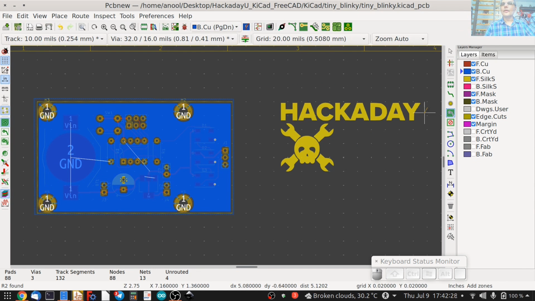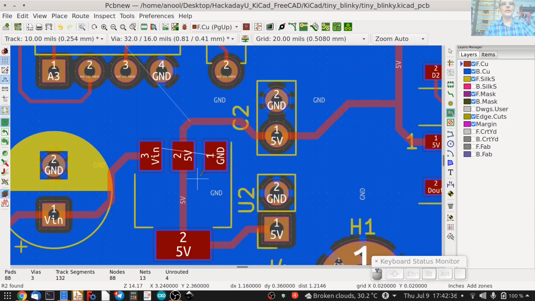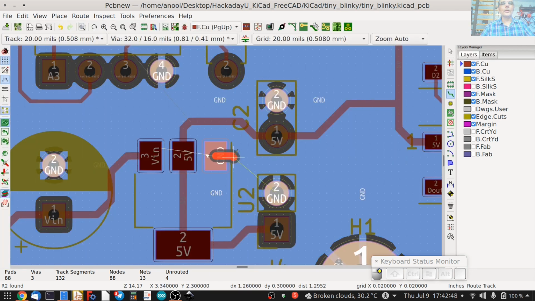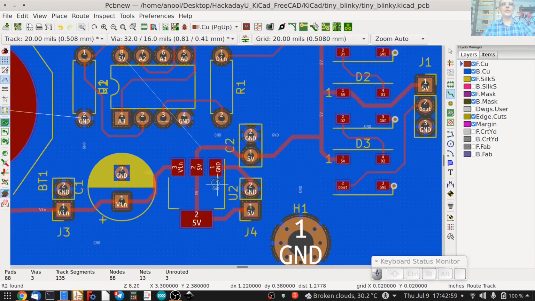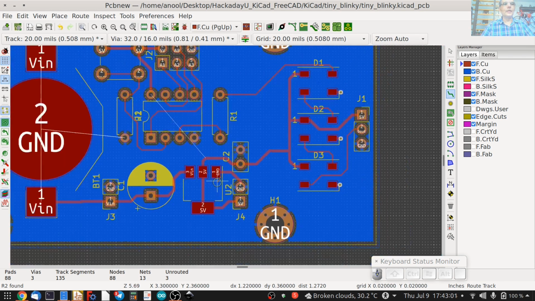Let's move back to the top layer by pressing the page up key and seeing what we are missing in terms of connections. We missed out a ground connection for the LDO, so let's add a track there. So in the top layer, I select route tracks. I click on the ground pad and just connect it to this pin header over here, which is already a ground pin, so I don't need to add a wire over there. I have 3 unconnected